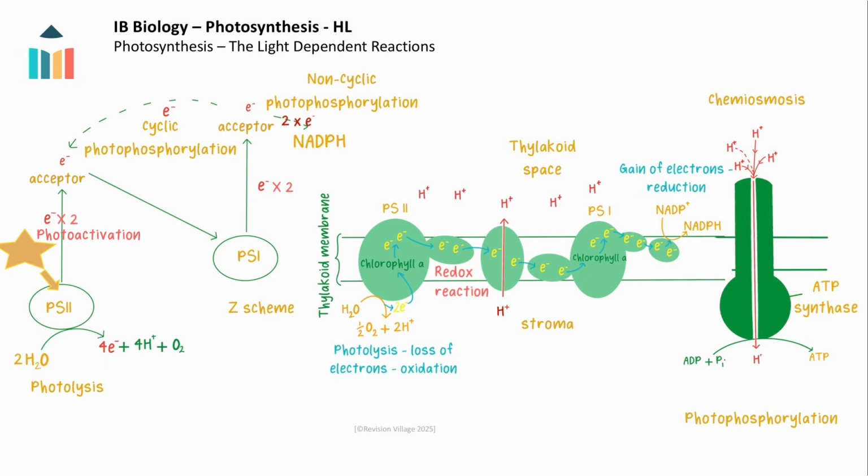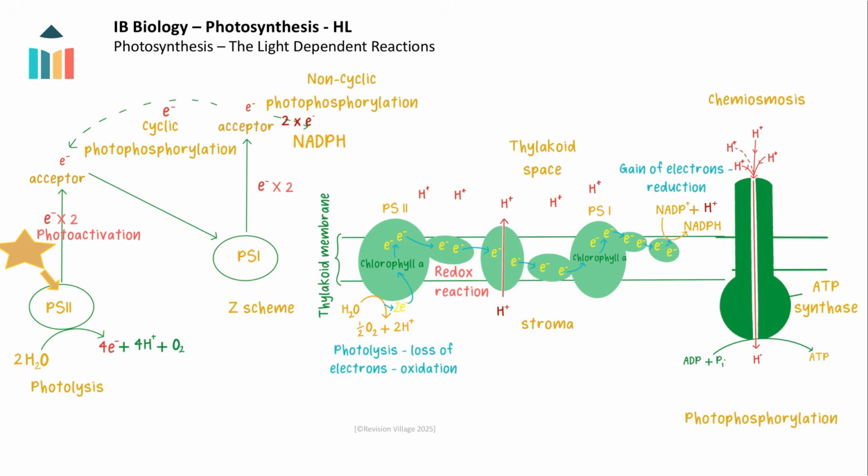The de-energized electrons are then passed to Photosystem I. As light energy is absorbed by pigments in Photosystem I, a pair of electrons are again excited and pass to another electron acceptor. Some of these electrons may return to the electron transport chain in cyclic phosphorylation to produce more ATP, or the electrons may be transferred to carrier proteins, which then pass the electrons on to NADP, and